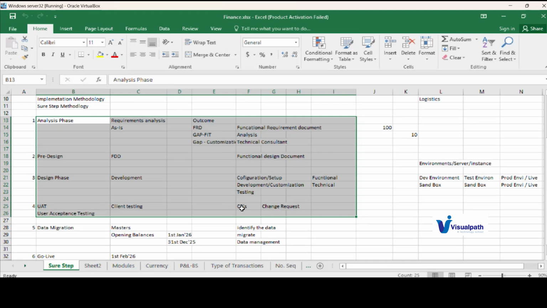Now, the next phase will come with the UAT. Once we are satisfied, we'll give the system to the client, to the customer, right? Then the customer will test the system now. Suppose you are a consultant, so you will be testing the system, let us say 10 scenarios. But the client may test it for 50 scenarios, 100 scenarios,